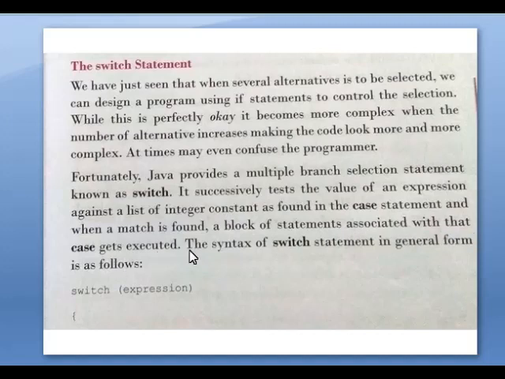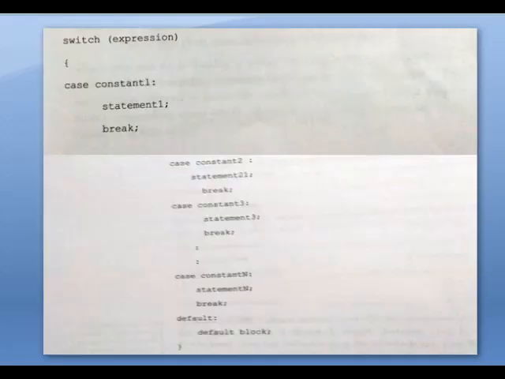The syntax of the switch statement in general form is as follows. Switch expression, then open curly braces, then you will see the block of statements, that is case constant 1, statement 1. If the case is 1, it will do statement 1 and the break statement.